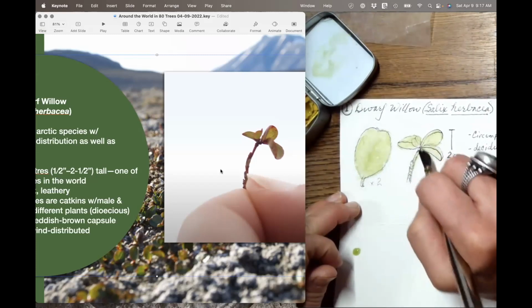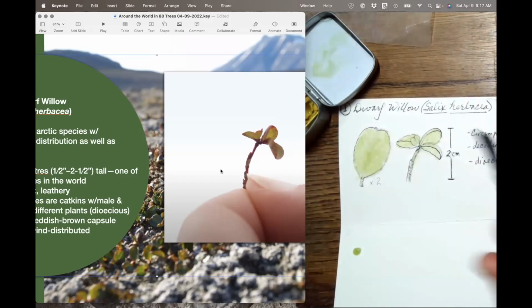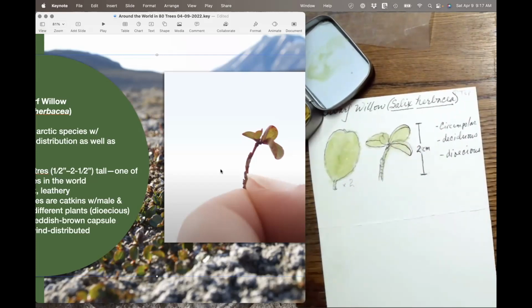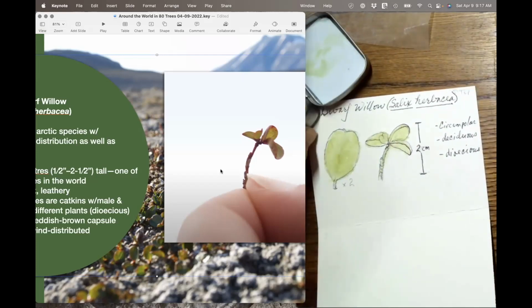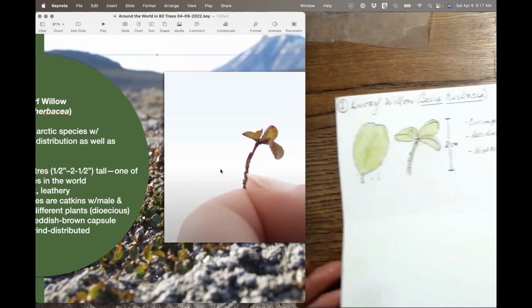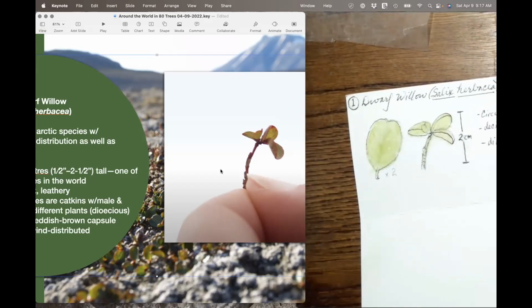Oops, that bled a little bit. I'm making blorks on my paper. Okay, well, let's move on to the next species. We are going to be moving fast today. So that was our first one. Now let's go